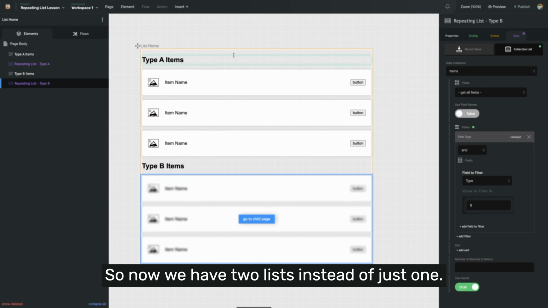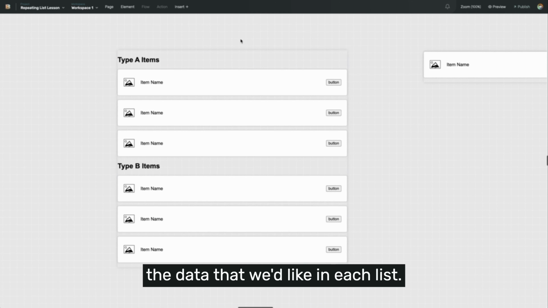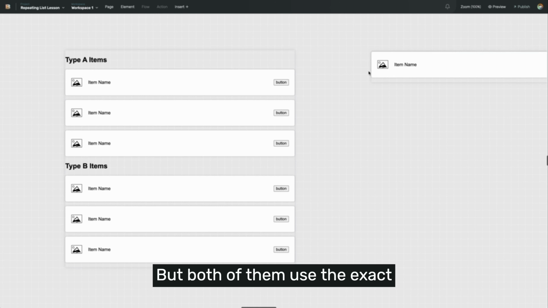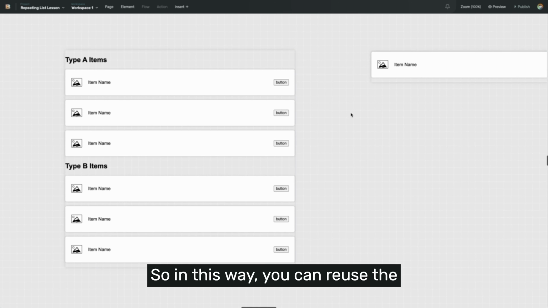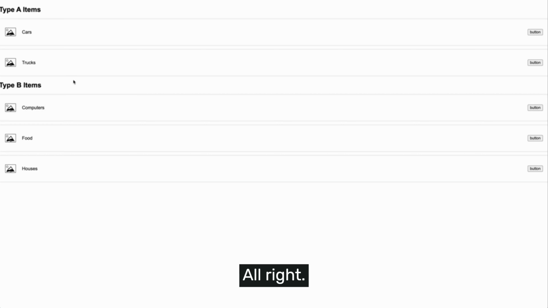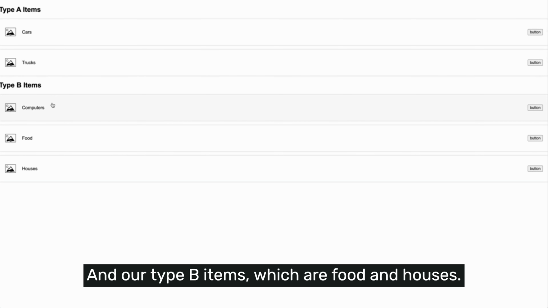So now we have two lists instead of just one, and they're filtered to show only the data that we'd like in each list, but both of them use the exact same item row page for their display. So in this way, you can reuse the pages across multiple repeating lists. So let's preview that again and see it live. All right, so we've got our type A items, which are cars and trucks, and our type B items, which